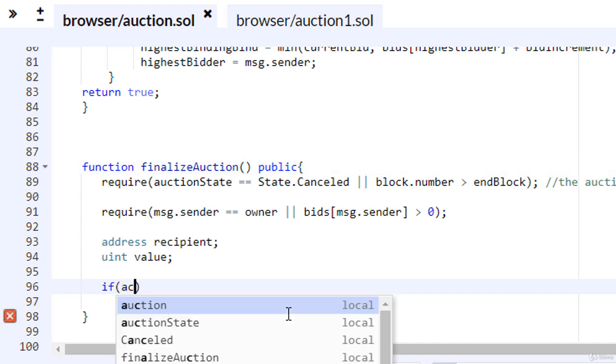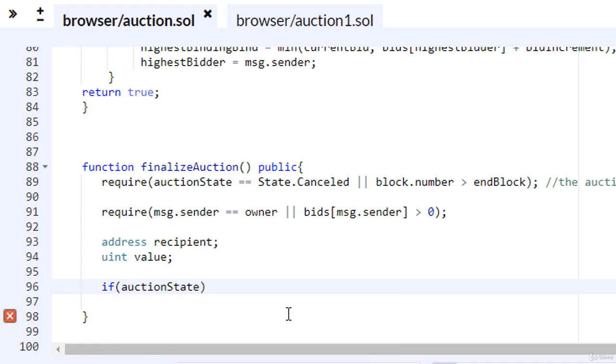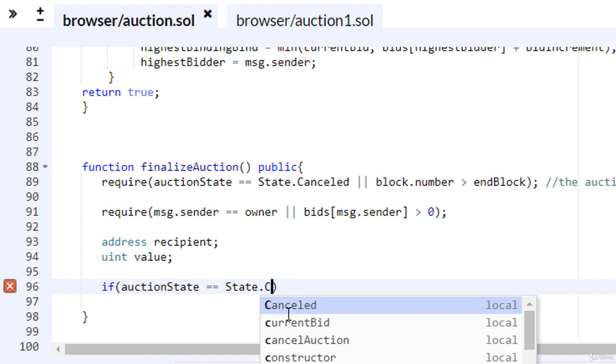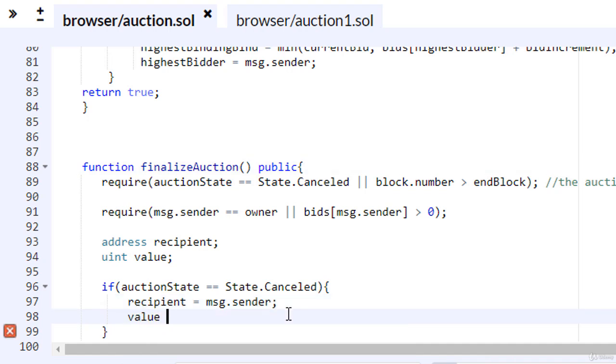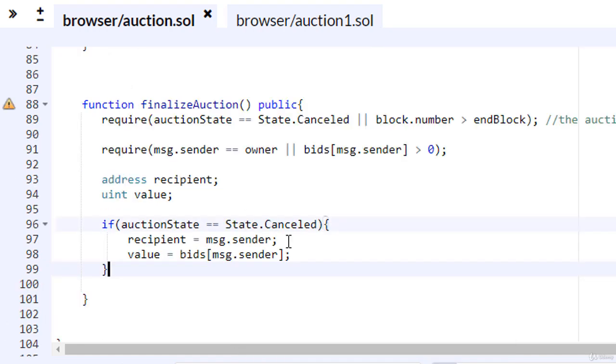If the auction has been cancelled, this means if auction state is equal to state.cancelled, everyone requests his own funds. So recipient equals msg.sender and value equals bids of msg.sender. Else,